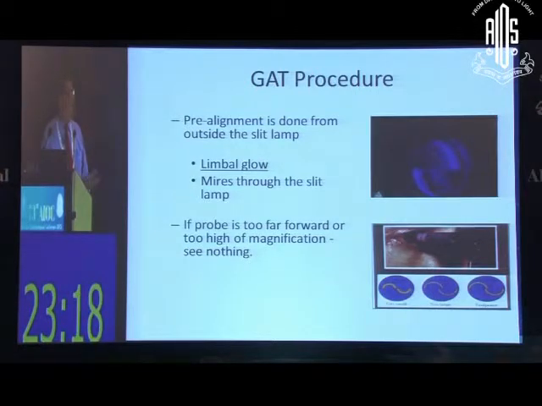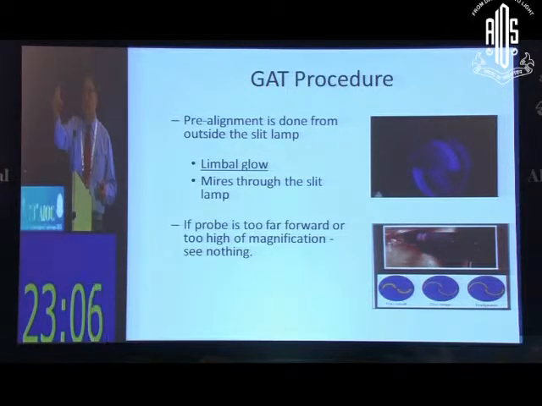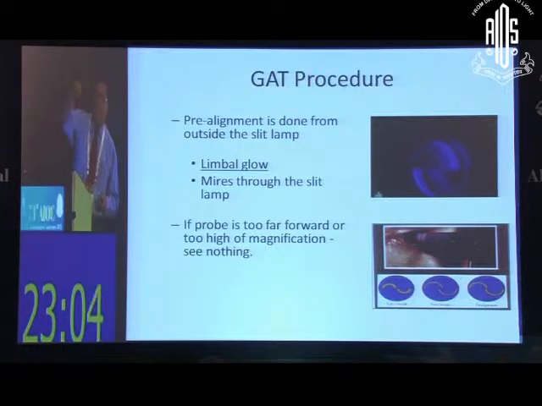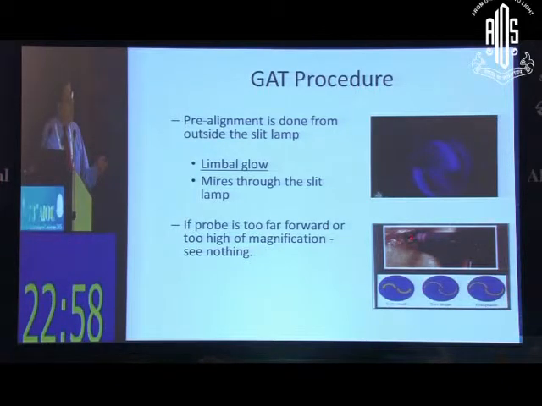So what I suggest is, when you are taking the prism closer to the cornea as shown here, see from outside. Don't look through the binocular of the slit lamp; see from outside whether you are just touching. And then you will see the limbal glow, the yellow glow that comes around the cornea. Corresponding to that position that you see from outside, then you will see these mires through the binoculars of the slit lamp. So I think that is an easy way forward, which must be learned in practice at beginning level.